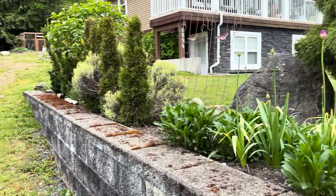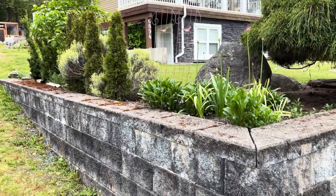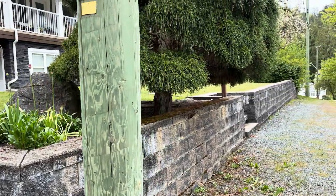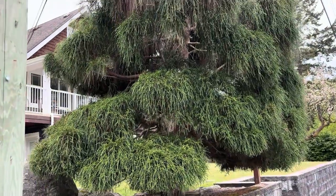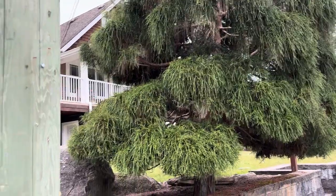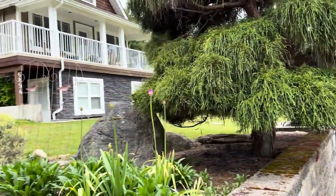This front area is the driveway garden, and this stone wall was put in by the previous builder, the block wall, and it runs all the way down the front of the property. Out front there's also this lovely evergreen tree. This was here. Obviously I did not grow this, and I just think the form of that tree is so fantastic. It's just a big, beautiful